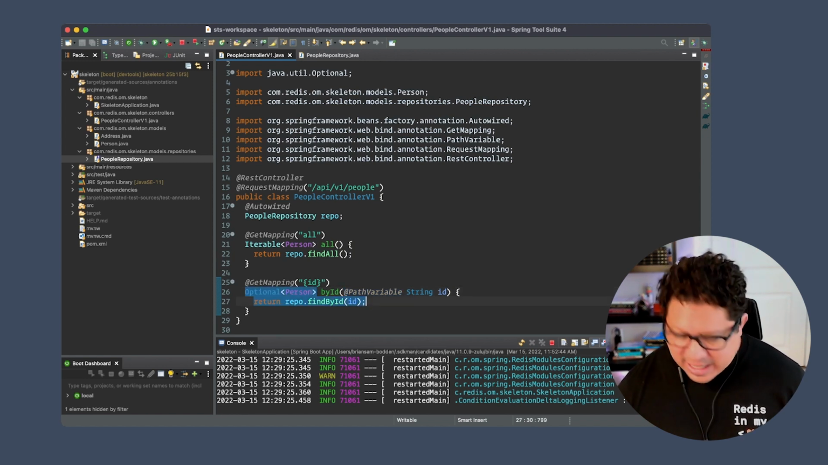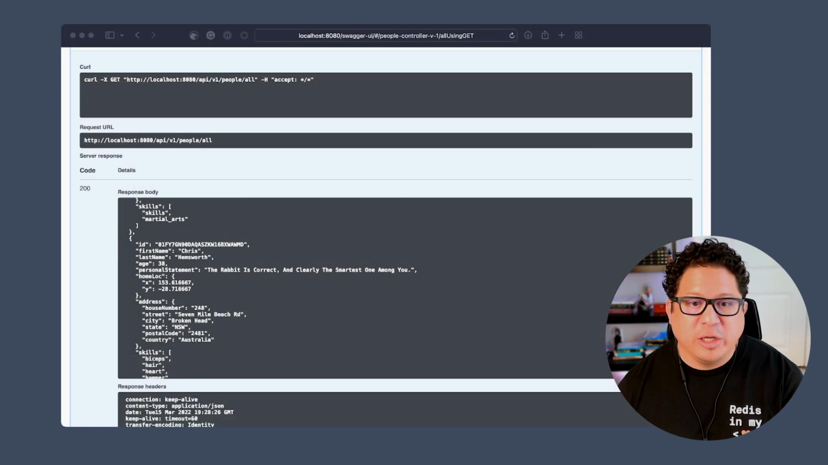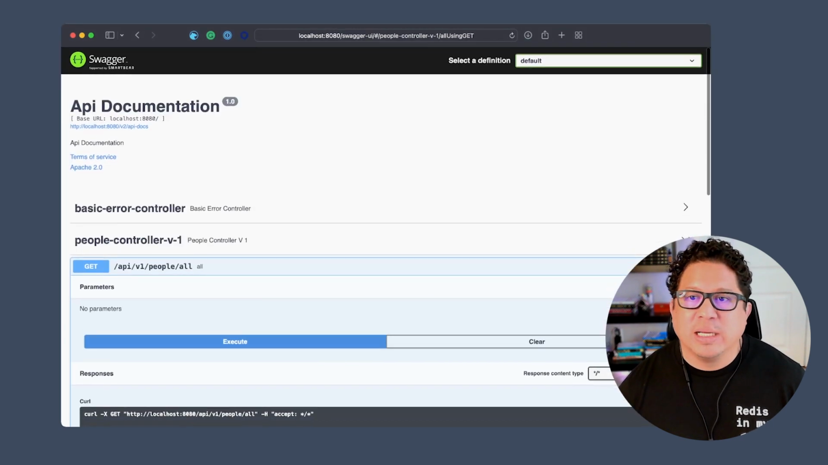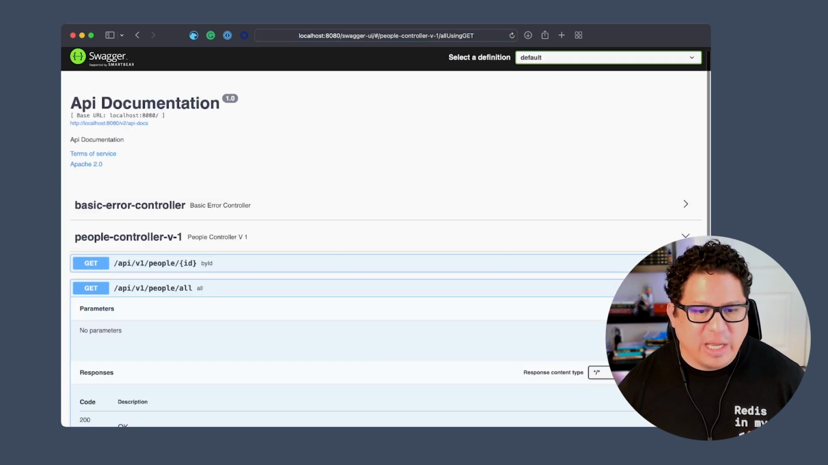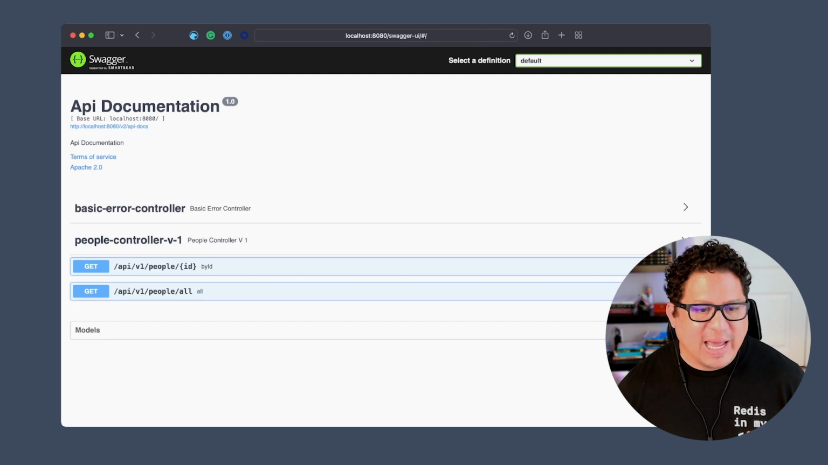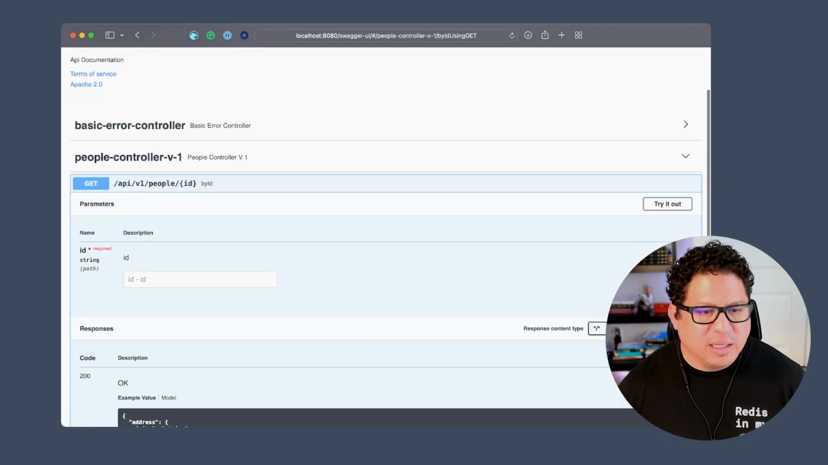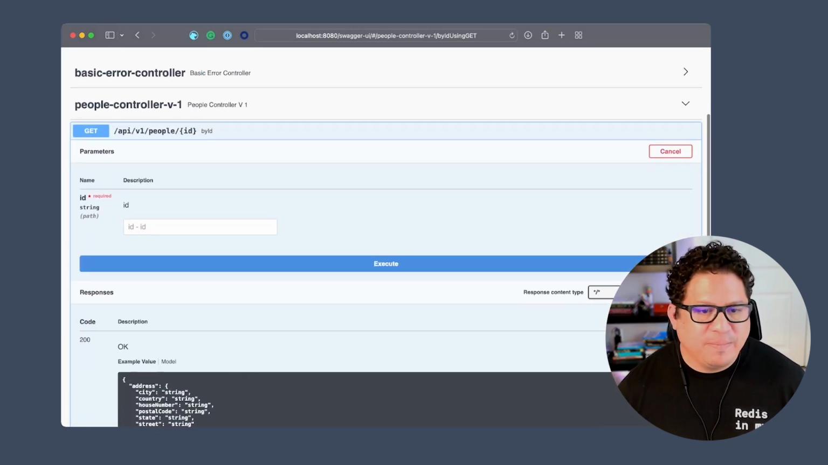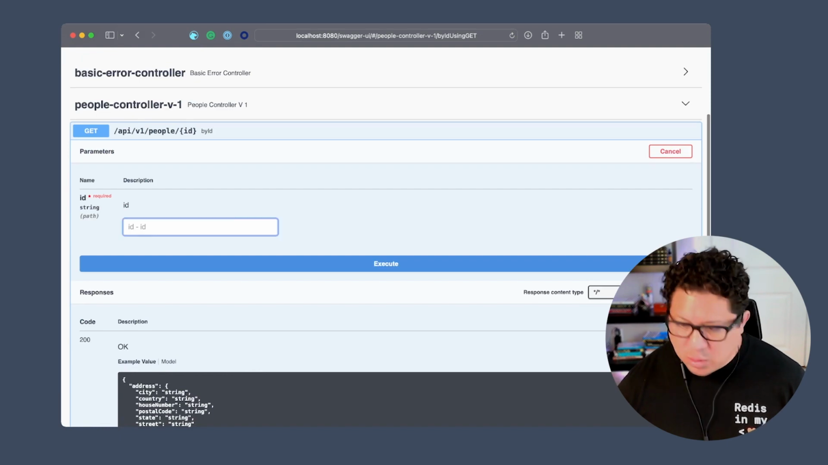So let's go back now to our Swagger UI. And on our Swagger UI, let me refresh. All right, and now we have two endpoints. We have the people by ID, and then we have the all. So I can expand that, click on try it out, and